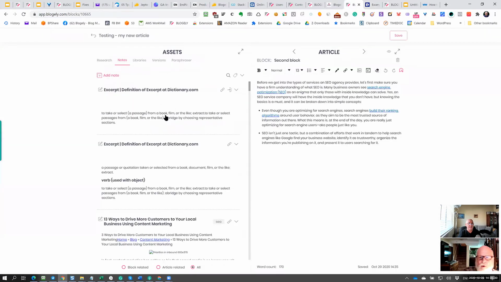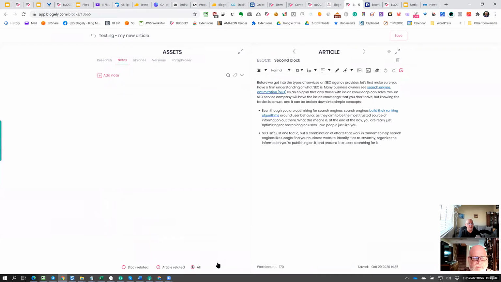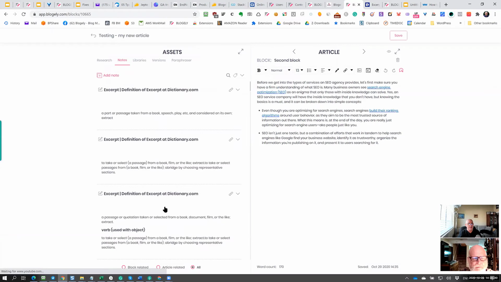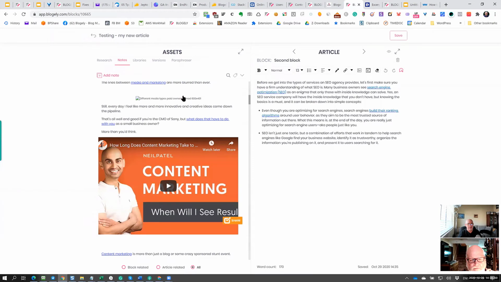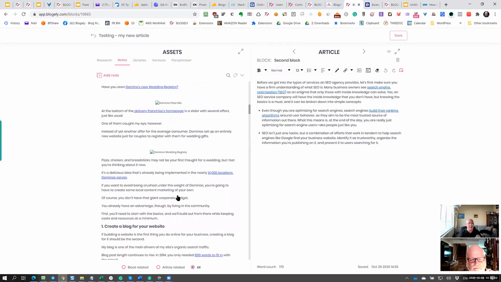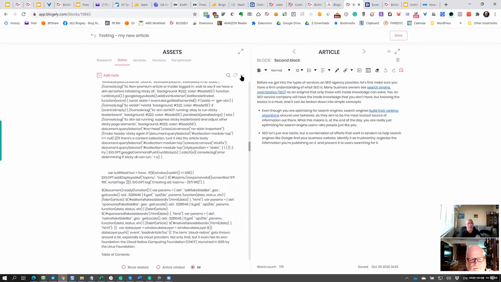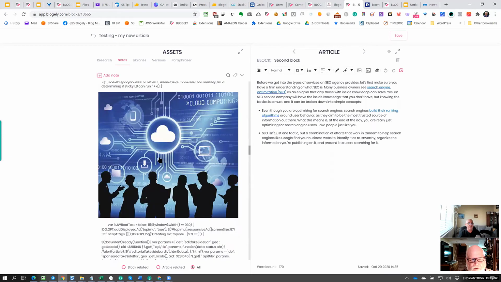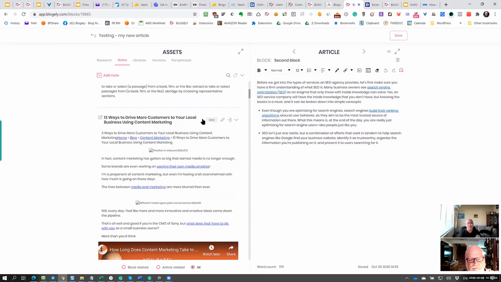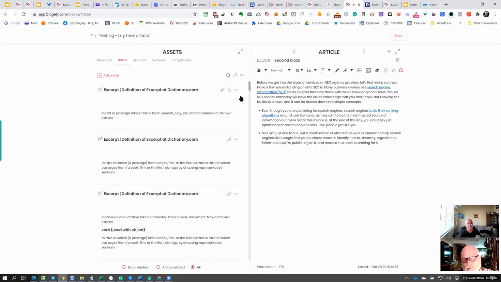And then if you want to put that in your document. Yeah, but you don't want to put it directly in your document. So in this case, here is the content we just snipped. But again, imagine that it can be as extensive as you want. You can highlight the images, the videos, and all will be brought in here. There is a lot of information that can be jammed into notes. Now, if I want to use this content, basically you use it to create better content on your site, or if you want to quote something.